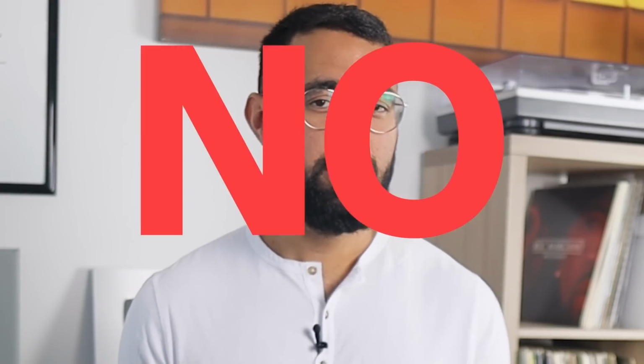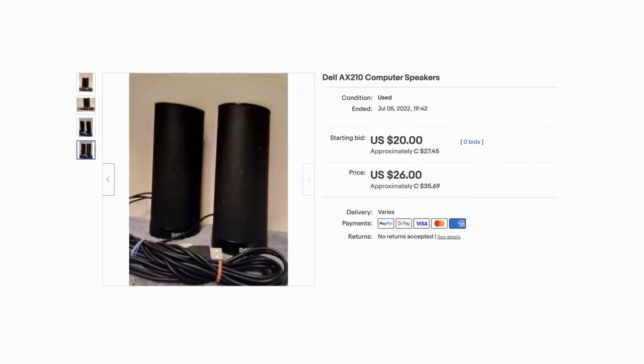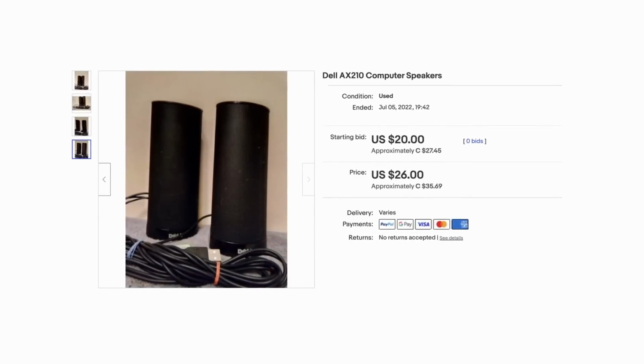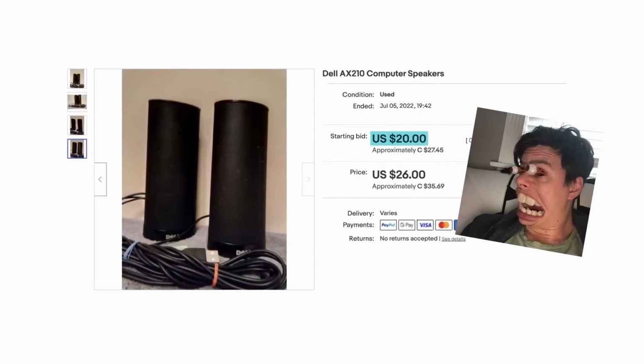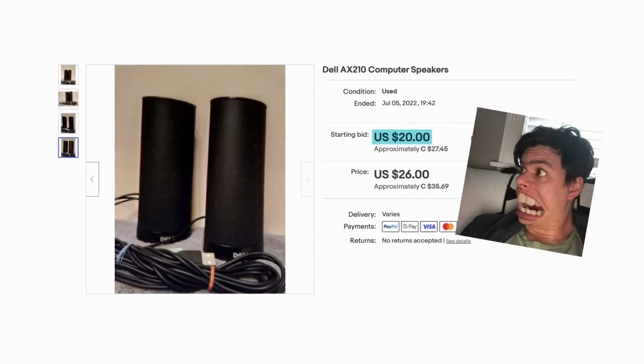And this leads me to point number 4. Do you need expensive speakers to make beats? Again, my answer is going to be no, kind of. Big expensive speakers like these are not necessary to make beats. Back when I was working with artists and making a soundtrack for a video game, these were the speakers that I used. They were the junk speakers that came with my junk computer, and I was still able to make good enough beats to work with artists and stuff, so don't feel as though you need big expensive speakers to